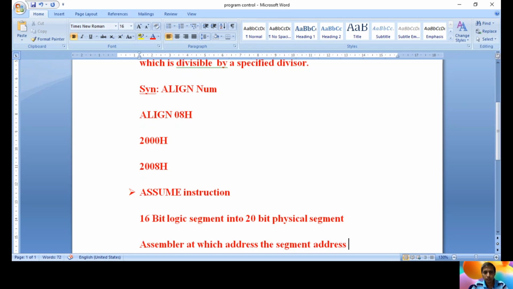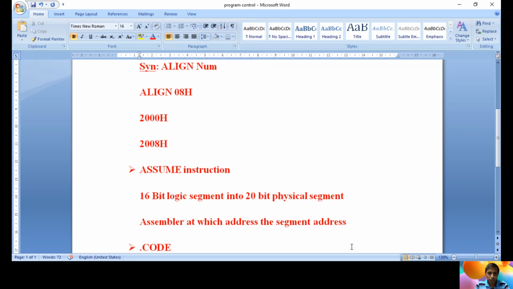So these are the two functions of the assume directive. One is that it assigns a 16-bit logical segment into a 20-bit physical segment. The second is that it tells the assembler at which address the segment is currently executing at a given point of time.